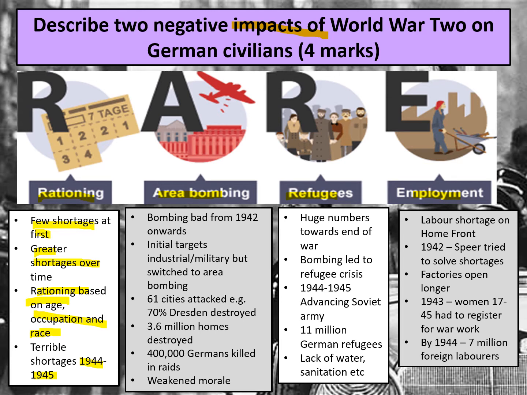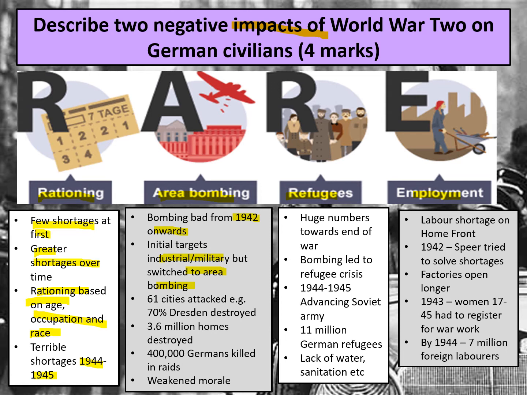Another area that you could talk about is the area bombing. So this was particularly happening from 1942 onwards. Now, the British and the Americans had a system where one bombed during the day and one bombed during the night. And at first they wanted to try and target industrial and military sites. However, they realised that their bombs weren't particularly accurate, and therefore they decided to switch to a policy of area bombing or blanket bombing, where they just dropped loads of bombs on different cities, hoping it would hit those desired